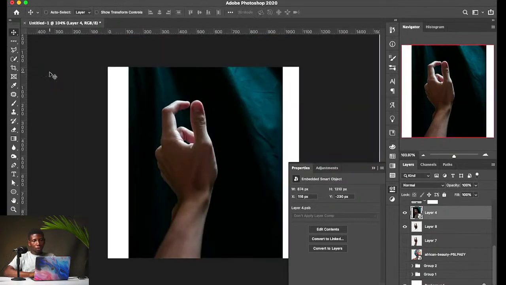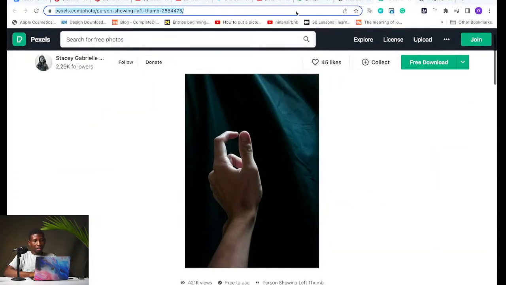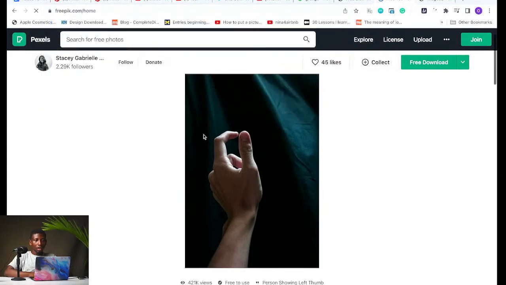Then we have the magic wand too. Magic wand works well. You remember all those Freepik images? There's another free site where you can get free images, Freepik. If you come to Freepik,